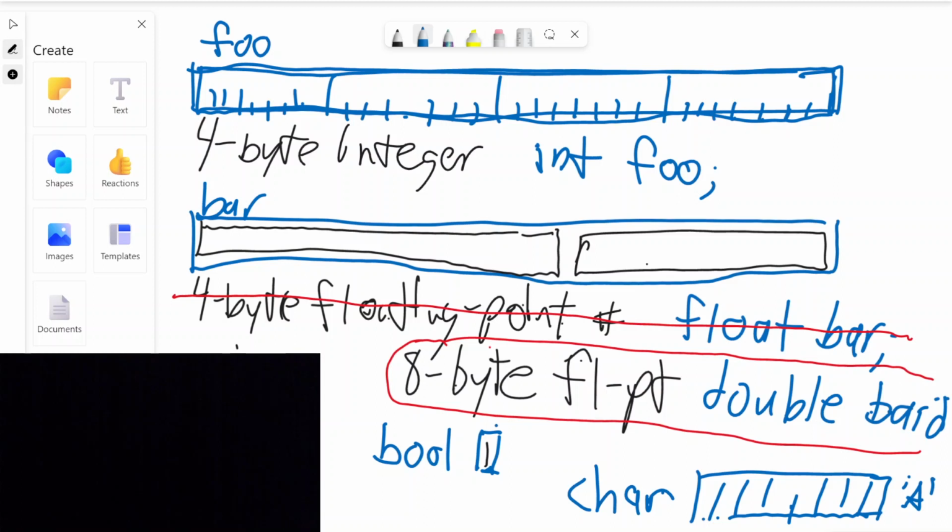Okay, so hopefully that introduces you to the idea of what a variable is. It's a name that goes with a particular memory box of a particular size. The size of that memory box and how the ones and zeros inside it are interpreted is determined by the type that you give the variable when you declare it. Int, or double, or bool, or char. Okay? That gives you just enough computer science to hopefully understand the discussion of variables and types in